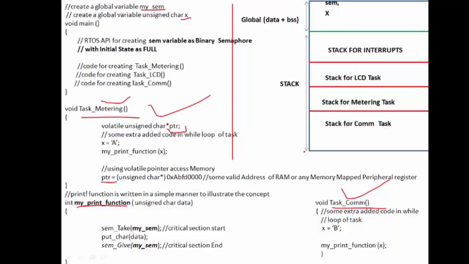This pointer cannot be accessed by task communication. So there is a limitation only on the stack sharing. We can also say that a real-time operating system is like a flat memory operating system. By flat memory operating system, it means each task and interrupt handler sees the RAM as a flat space. Any task can access any part of the RAM,